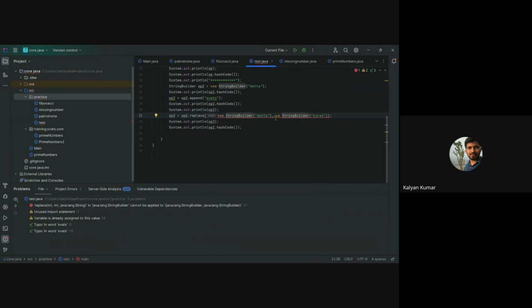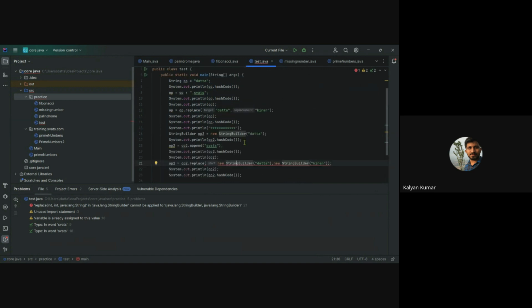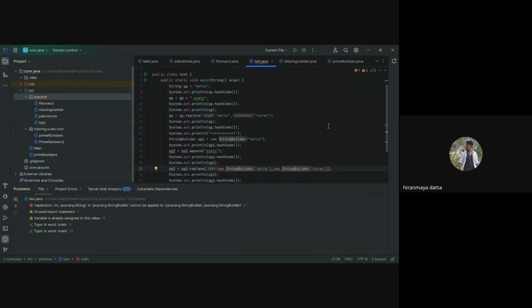You have to give the index of it. Just write 0, comma, inside the replace.